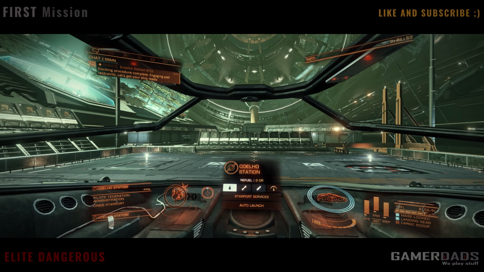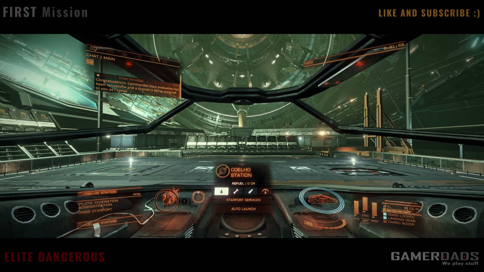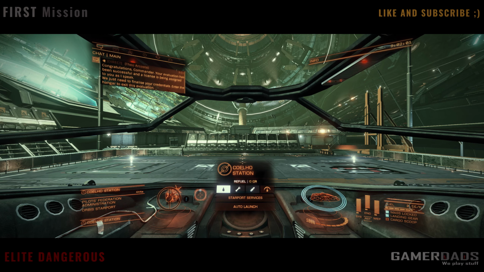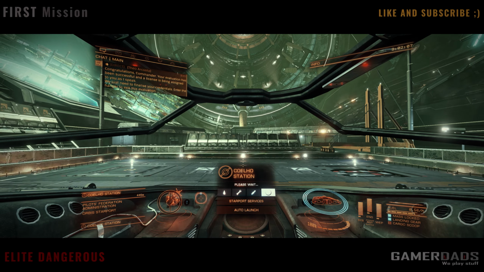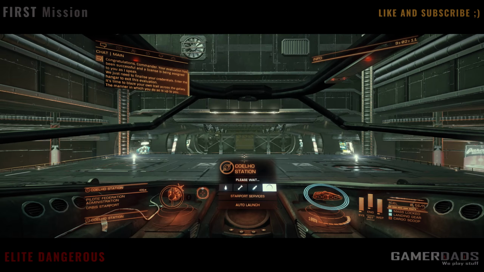Let's get your ship ready. Congratulations, Commander. Your evaluation has been successful, and a license is being assigned to you as I speak. We just need to finalize your credentials. Enter the hangar to exit this evaluation. It's time to blaze your own trail across the galaxy. The manner in which you do so